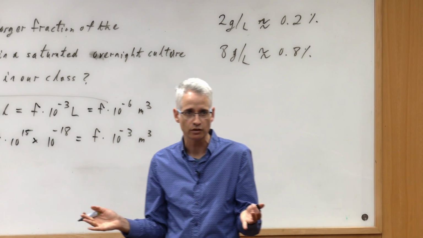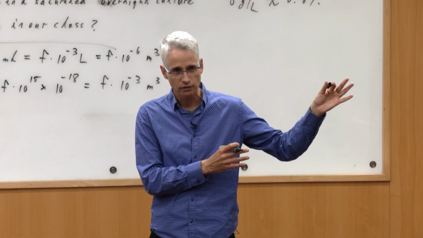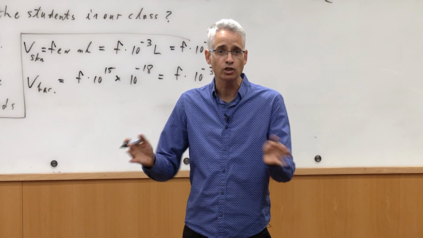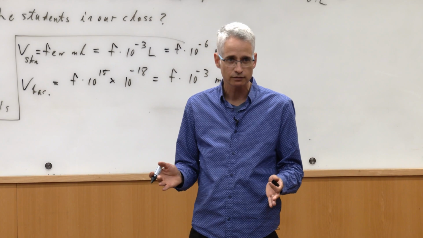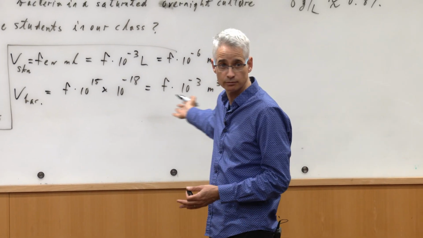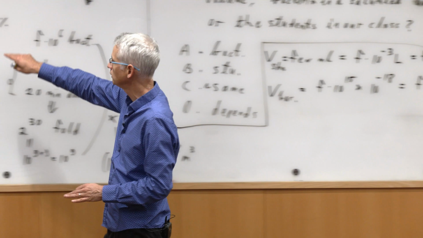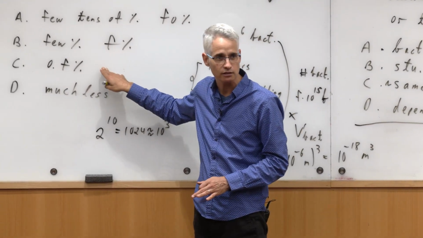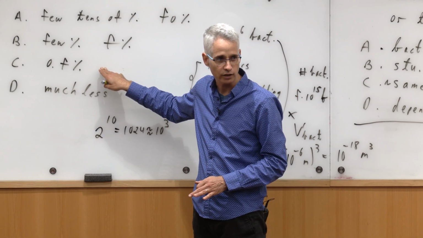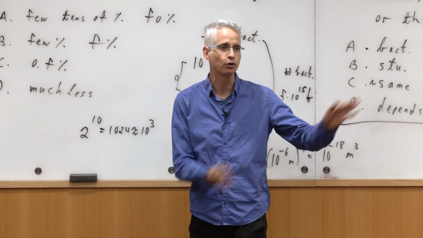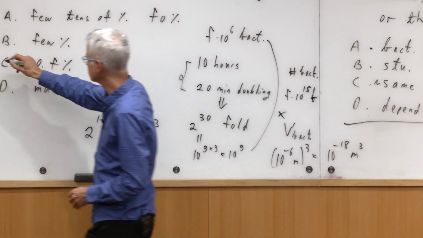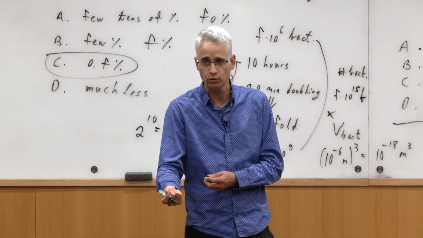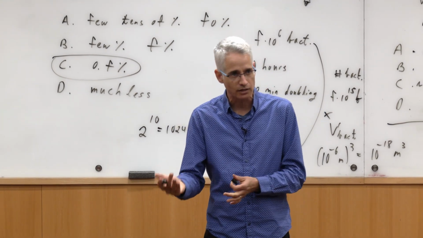What happens with that food? Some of it is thrown away, and some of it turns into new bacteria. So how much are you going to get out of it? Less than the food you give them. So there's no way it would be this, and actually no way it's going to be this either. It's going to be something like this. Also, bacteria are not stupid. They're not just throwing it all away. So, this is the answer. We could derive it in different ways, but I'm just showing you there are some robust ways to do it when you think about the essence, and some less robust ones.